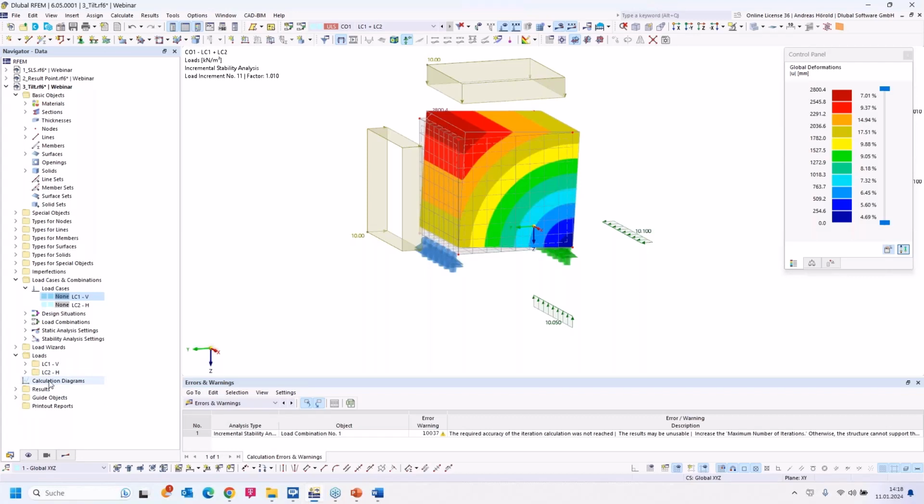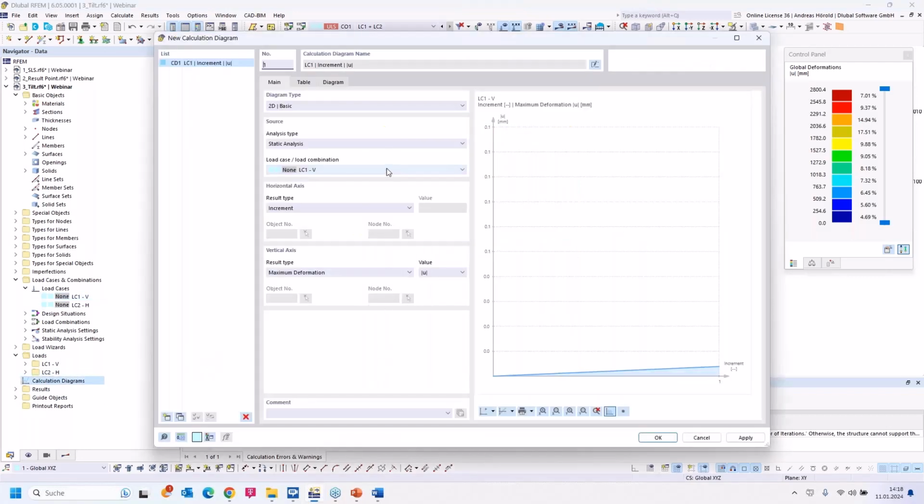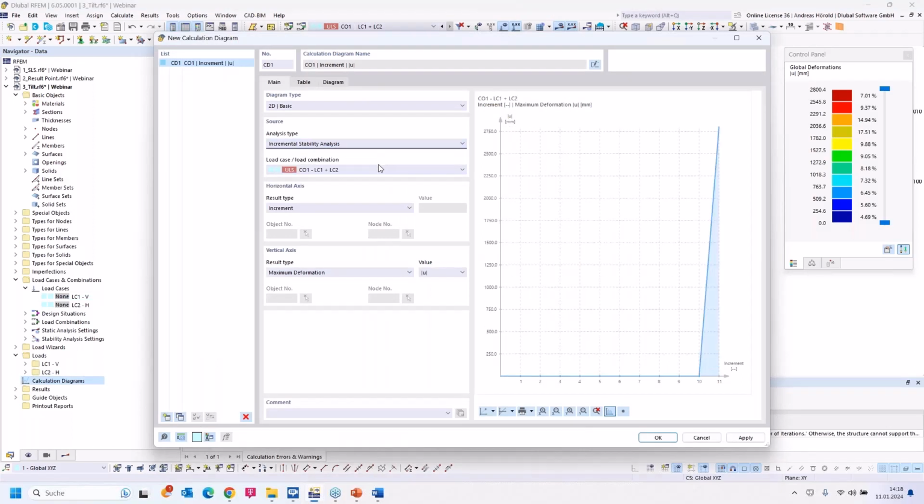In the navigator data, you can find the calculation diagrams. So I switch to the increment stability analysis. Increment is okay, maximum deformation, no, I used the load factor, that's better. Okay, and you can see when I at